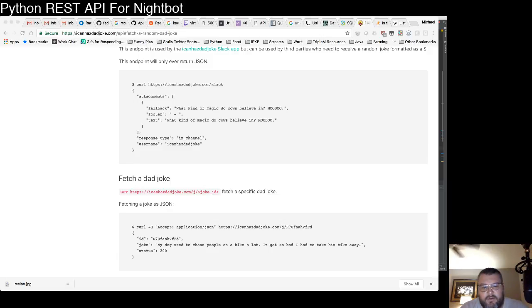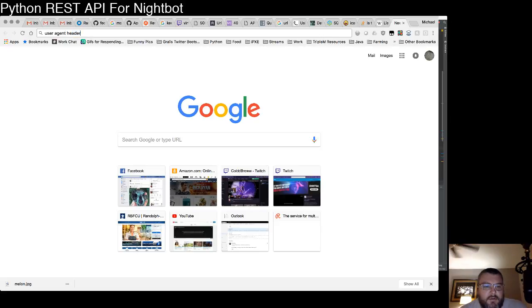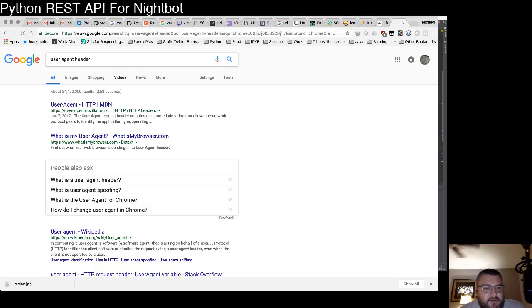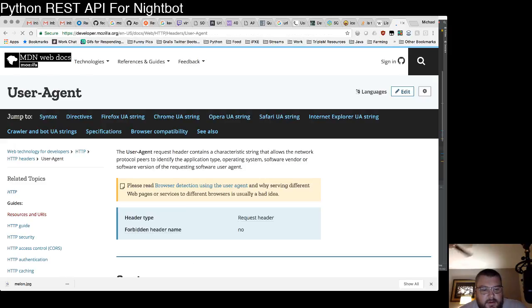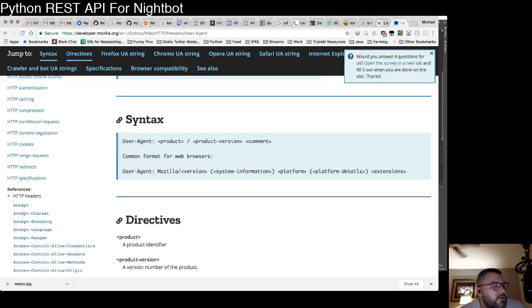So like if we want to add a... oh, is it user agent? Is that what it's called? Let's see. Pretty sure that's, yeah, user-agent. Okay, let's try that out. We can set that. And we'll call it our Nightbot